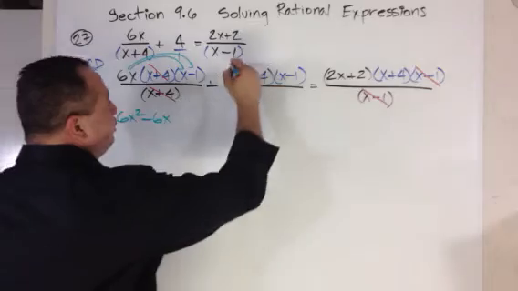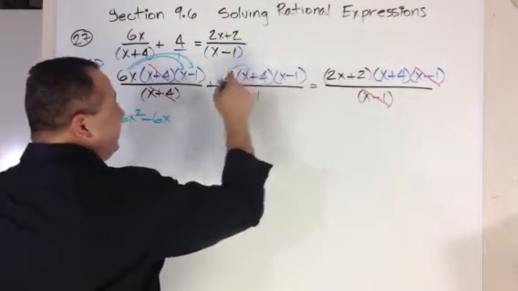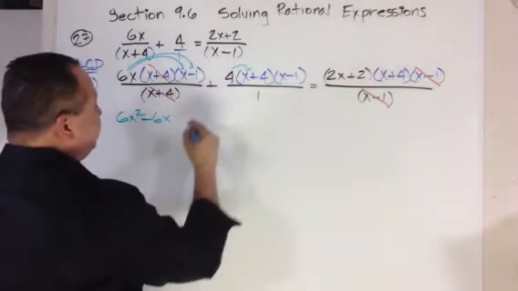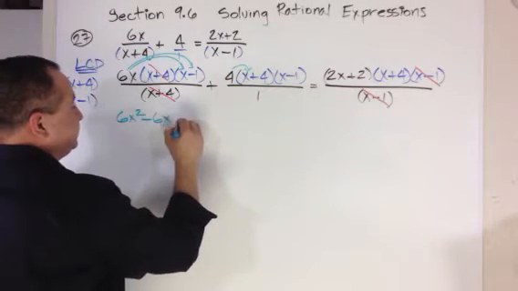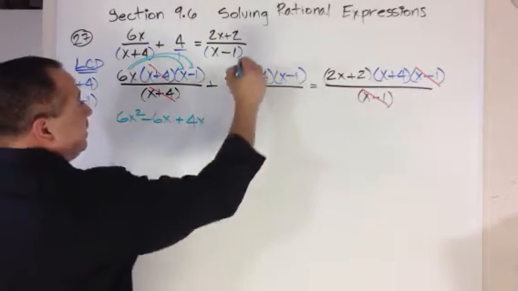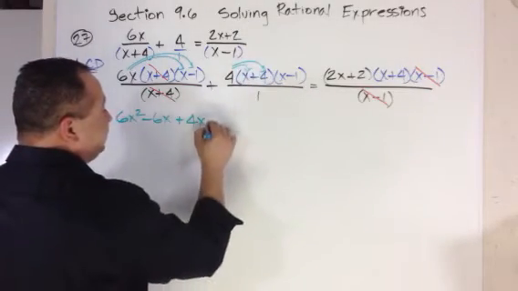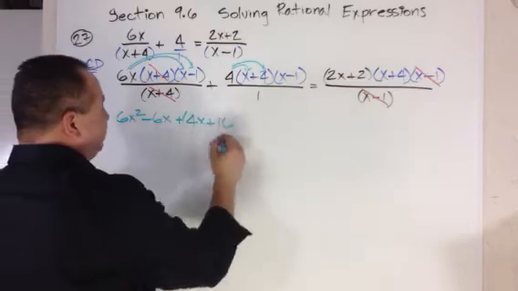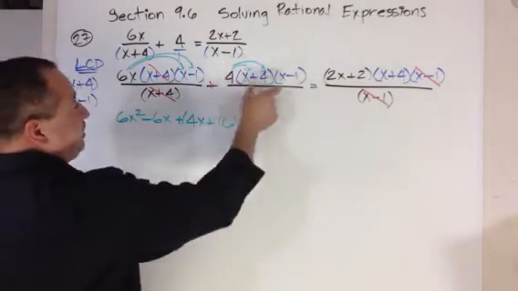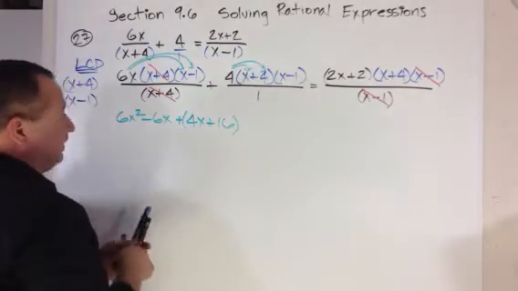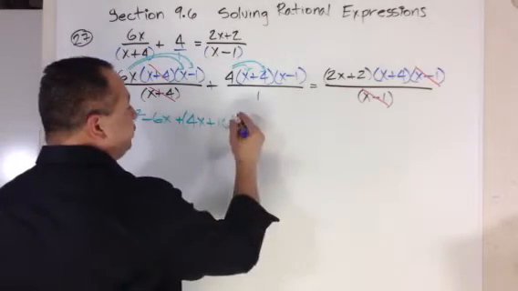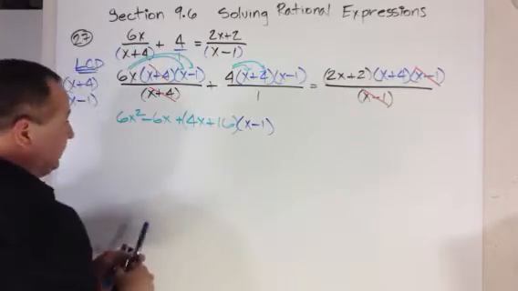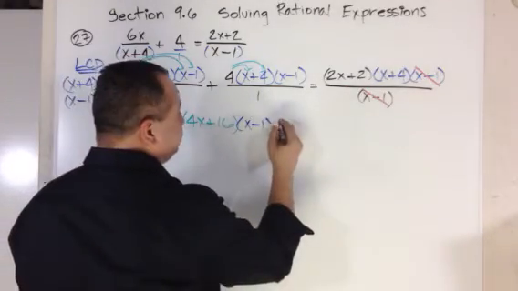Now the next thing we're going to do is I'm only going to distribute into this piece, and then after I'll multiply by that after. So 4 times x will be positive 4x. 4 times 4 is positive 16. And then right next to it, I'm going to leave the parentheses around it because I'm going to have to multiply it times that. So I'll leave this blue part still blue because I haven't multiplied it yet. x minus 1. And that is equal to,